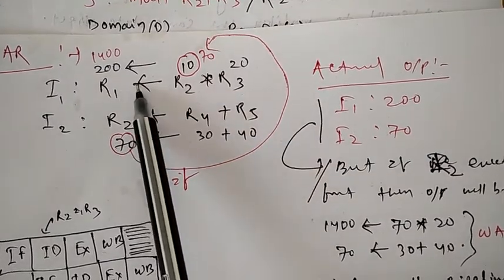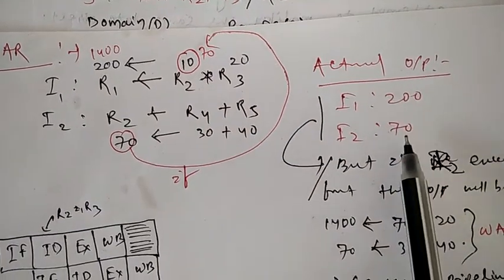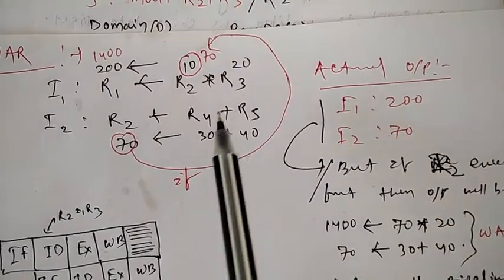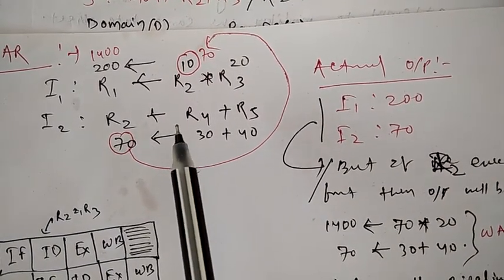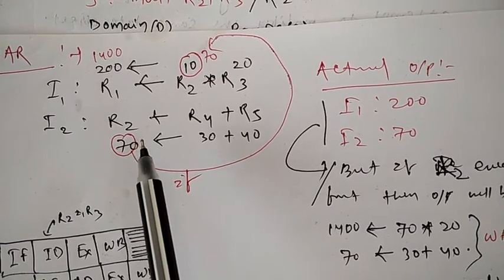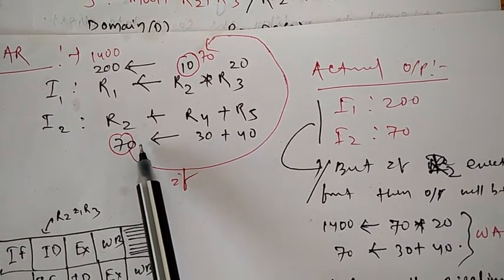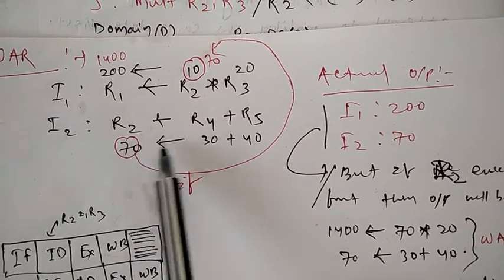So what is the normal output? 270 is the actual output. If there is an interrupt, or whatever happens, as we already saw in the diagram, both are trying to access the R2 value. Look, so if